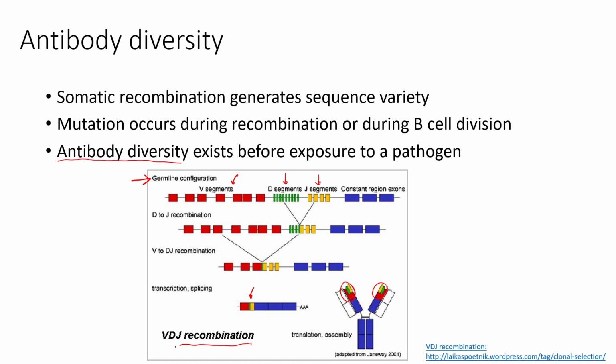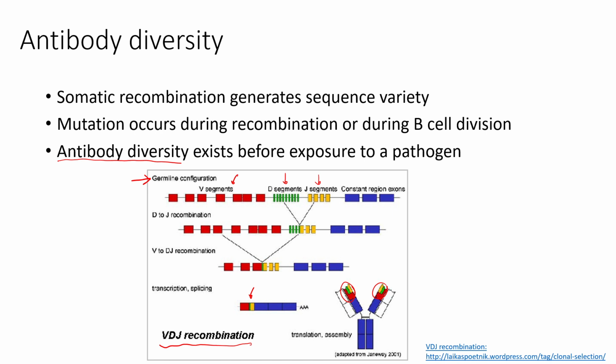And so I also just want to make really clear that this antibody diversity that we see, especially after this VDJ recombination, is happening long before a pathogen gets into your body. This is just a normal process that's happening while B cells are developing in your body. And so you make this big variety of B cells, and your body goes through this process where it essentially tests them,